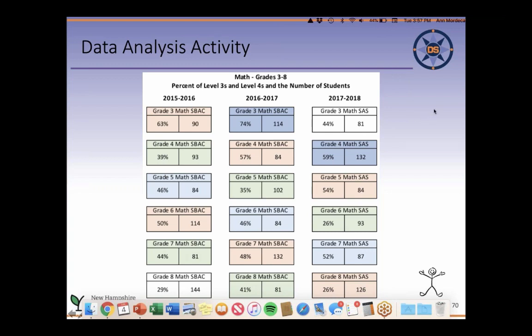So what do you notice? One or two more minutes. Not even that long. Just, what do you notice here? I see some good input. Okay, I see someone said, I noticed that third grade went up and then down. So yeah, that's true. Their scores went up and then down.